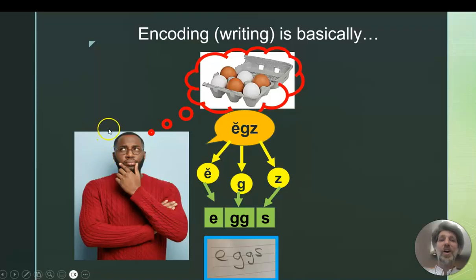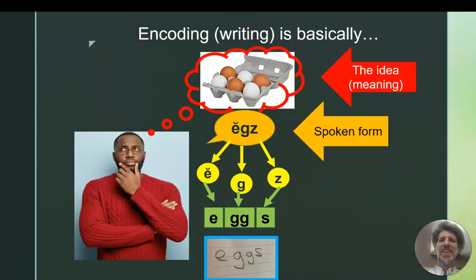Here we go. So encoding or writing is basically this. Look at this great slide. Look how clear this is. Sorry. There's a lot going on here. Let me break it down for you. So for one,